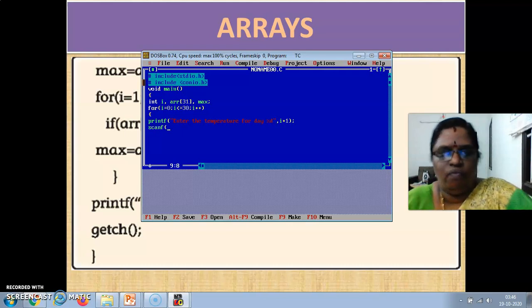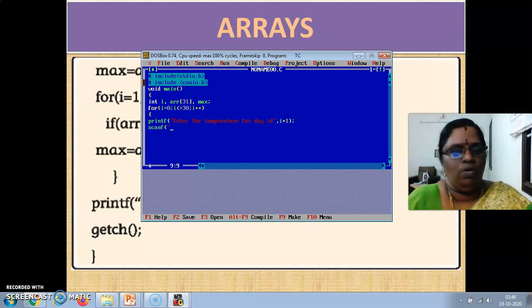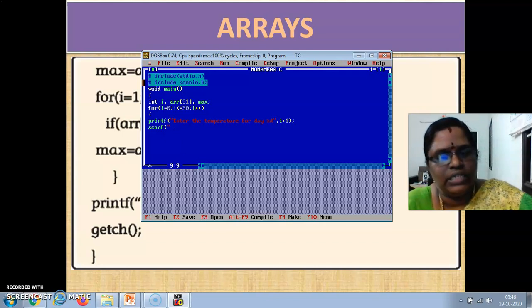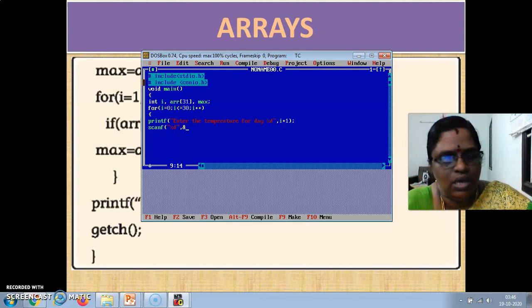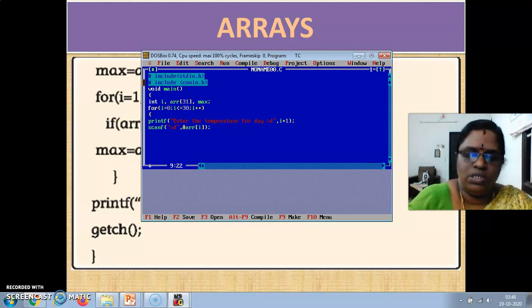What do you want to scan? You want to scan the array element, right? "%d", &array[i]. Okay, so you want to close this.